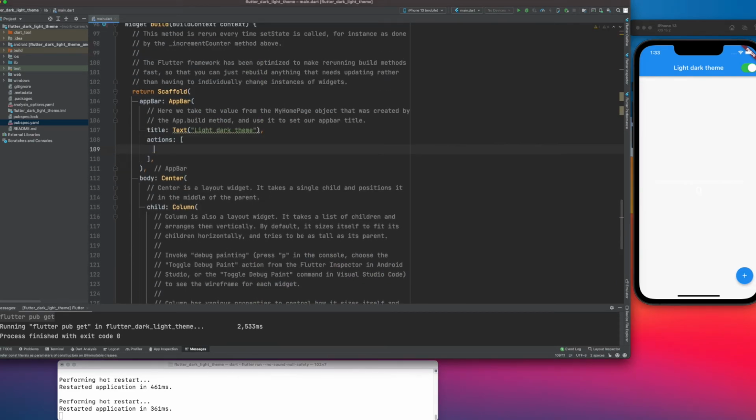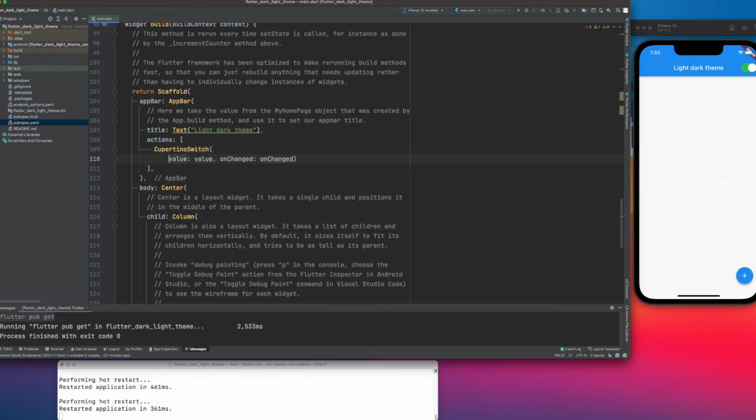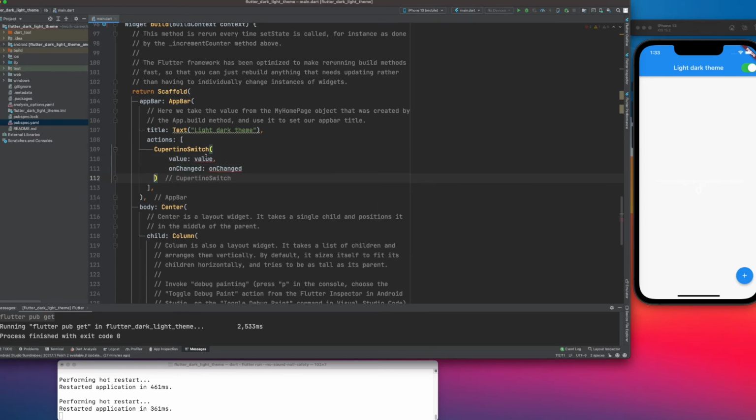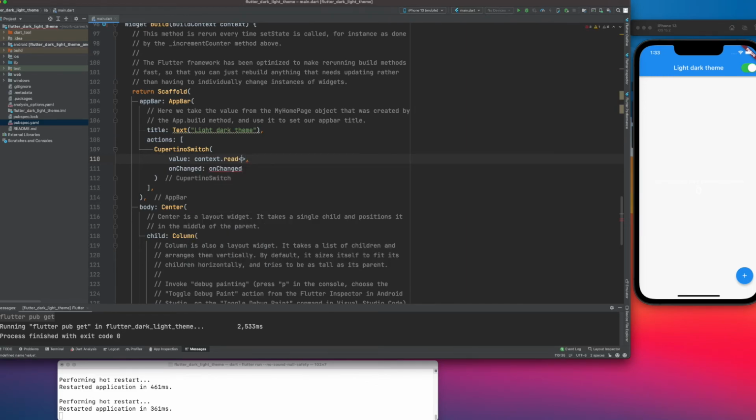So let me create a Cupertino switch. Basically it's a toggle switch. Cupertino switch, yeah. And then, correct, its value will be context.read my theme currentTheme equals to theme.dark. So currently our initial value should be false because by default it is light. And then we have an onChanged method, which could take value, and we just need to call